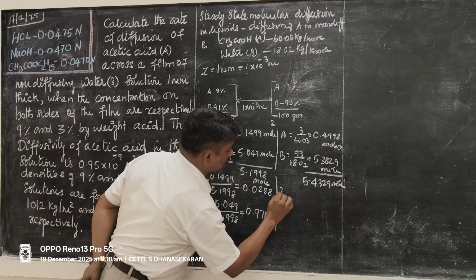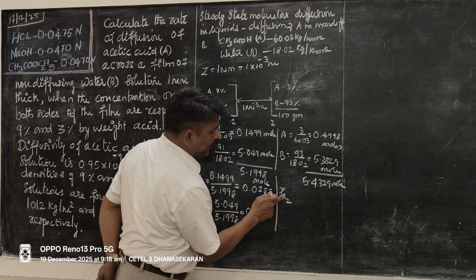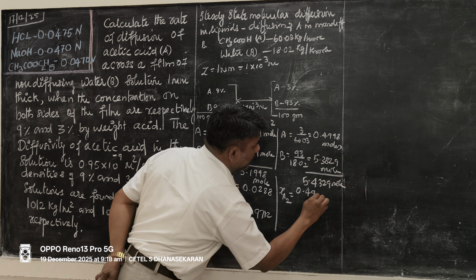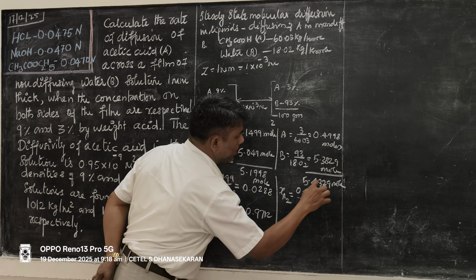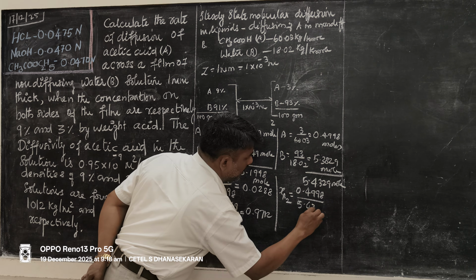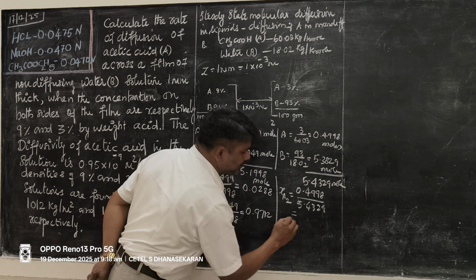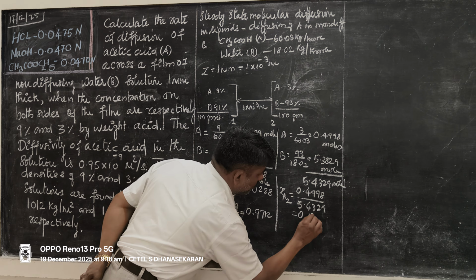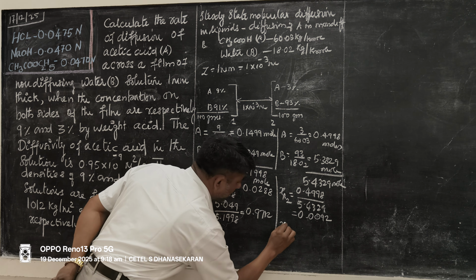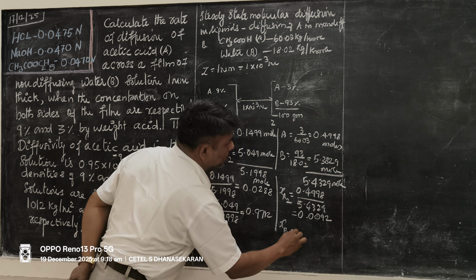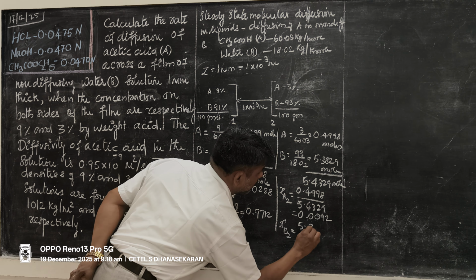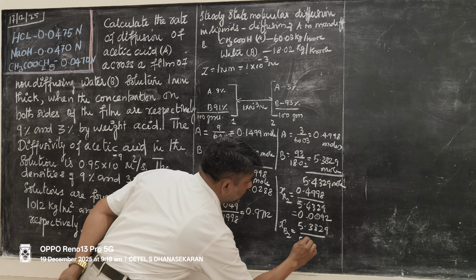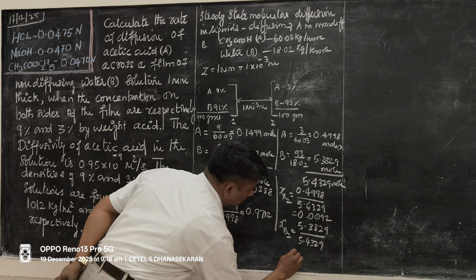Similarly, the mole fraction of A and of B in region 2. Individual mole divided by total mole. Mole fraction of A in region 2 is individual mole 0.4998 divided by total mole 5.4329. The answer is 0.0092. Similarly, mole fraction of B in section 2: individual mole 5.3829 divided by total mole 5.4329. The answer is